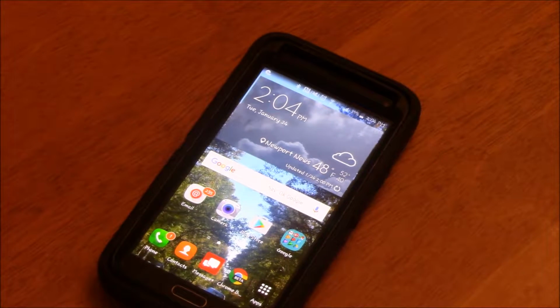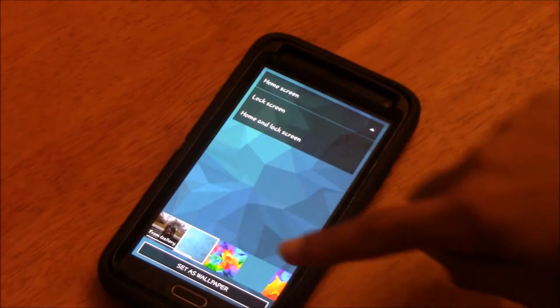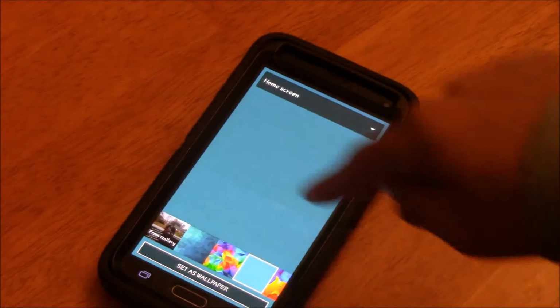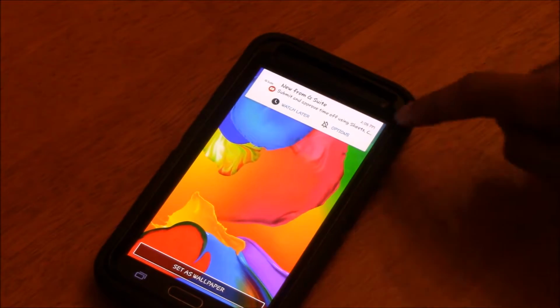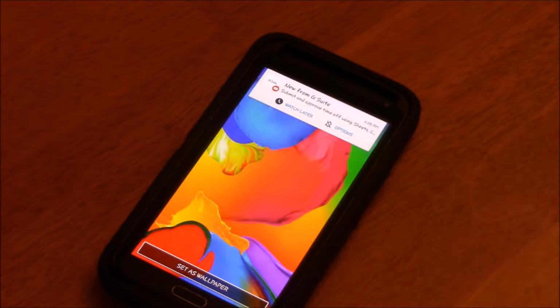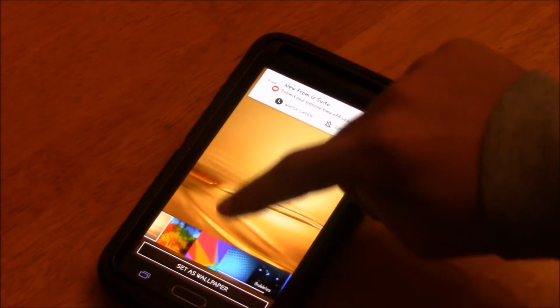So, first of all, is the normal customization that we have in almost every smartphone to date, at least today, where you can change up the wallpapers of the device to make it however you would like.